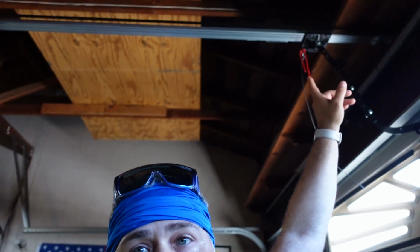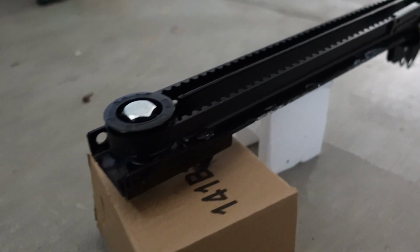Now, just a couple of things with regards to that rail assembly is that plastic trolley carriage. I'm not always a fan of a plastic trolley carriage because they do have a tendency of breaking. They're made of plastic. But, you know, the metal trolley carriages break as well. So it's not like, oh, if I went with metal, it would be foolproof. It would never break. No, that's not the case. In addition to that, the red cord,